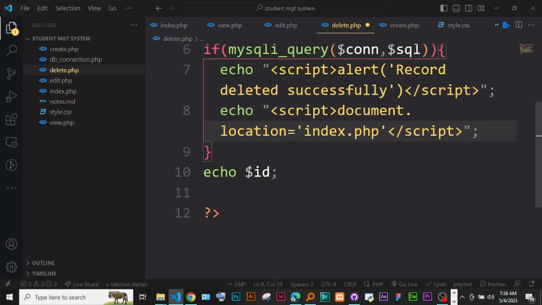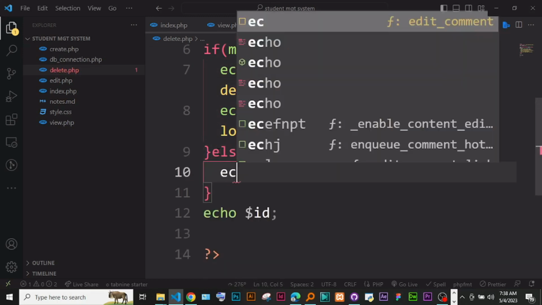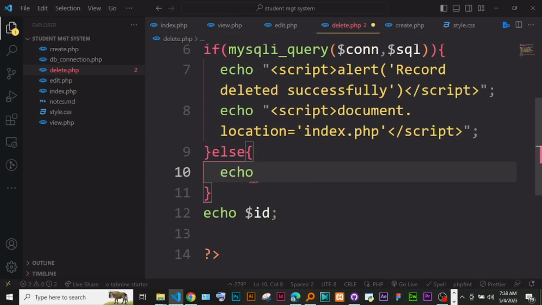Document.location is index.php. So what it means is after it has finished doing this, it will just head to the index page. And in the else part, you could just echo the MySQL error. So we could just say echo maybe error, okay, and then we could concatenate